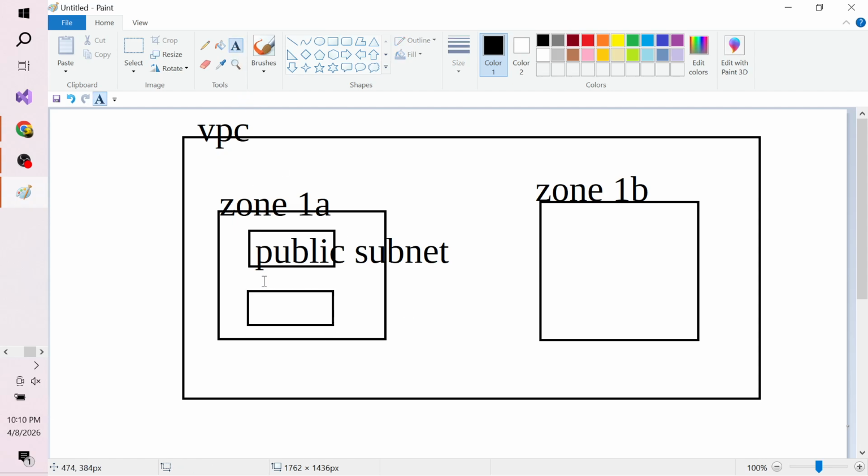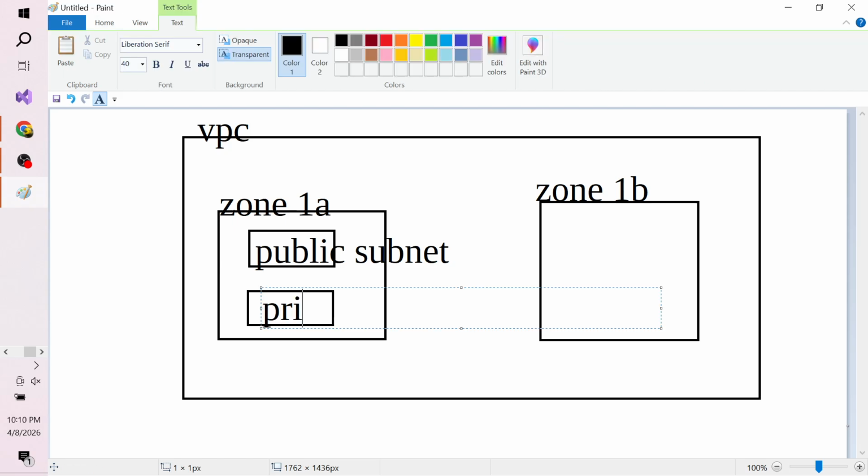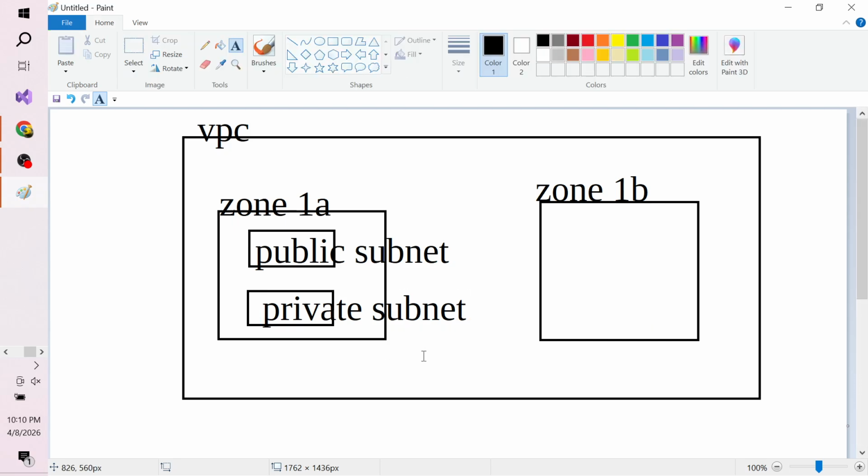The private subnet is where your database will run. You should create a VPC like this in two zones,